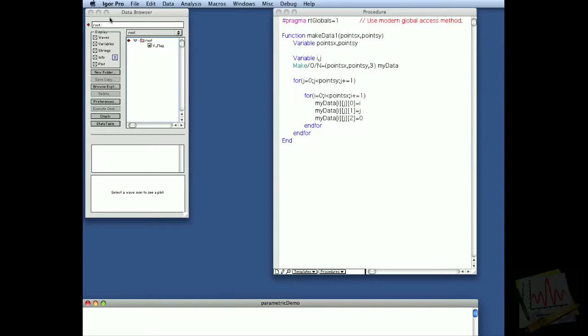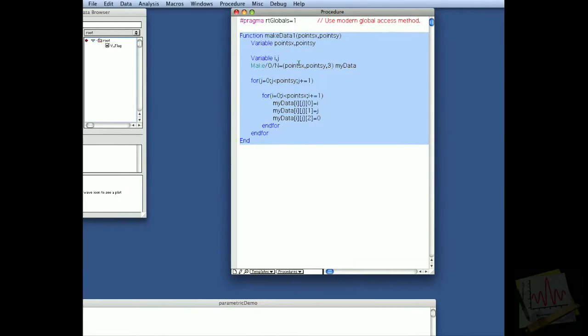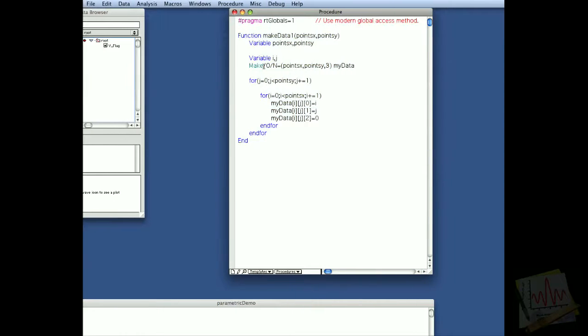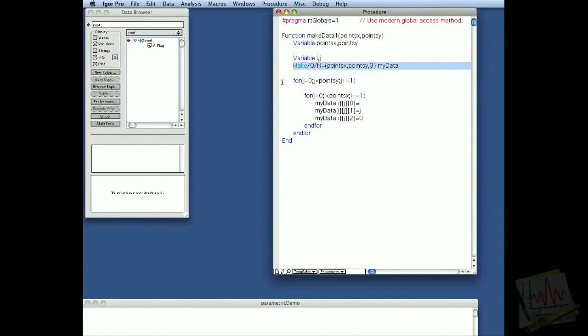In this tutorial, we'll demonstrate how to create a parametric surface in Gizmo. A parametric surface is defined by a three-layer 3D wave. In this example, we wrote some code that will generate such a wave. The code basically takes the number of points in the x and y direction, creates a wave called myData, and